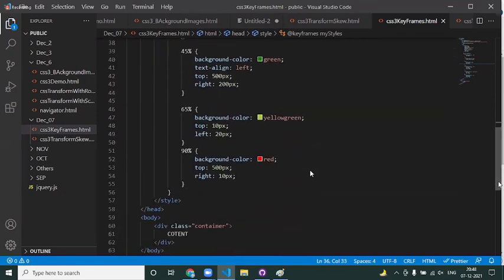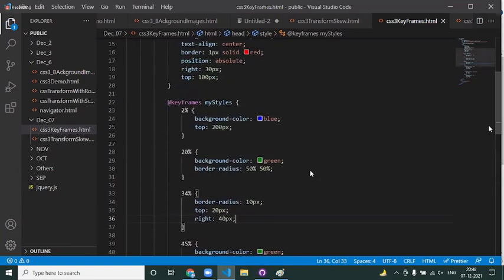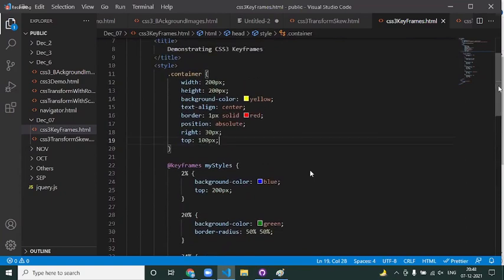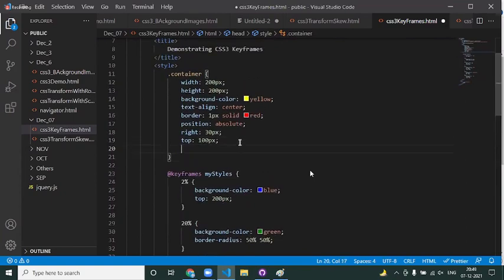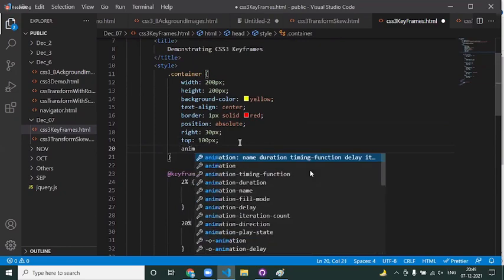Now the next part is how do you apply the keyframe to this container? Whatever container you have, how do you apply the keyframe here? To apply the keyframe, we make use of something called animation.